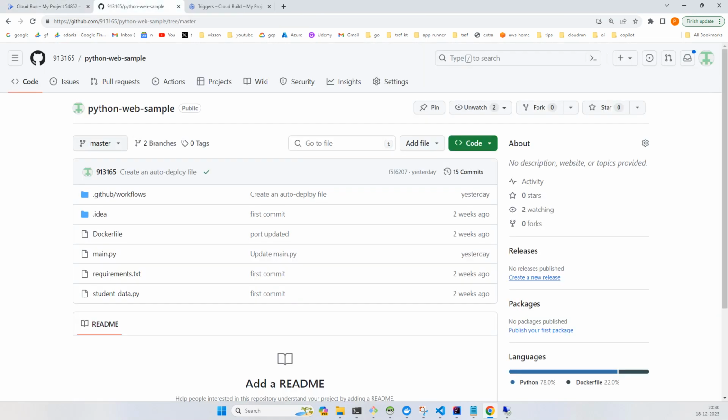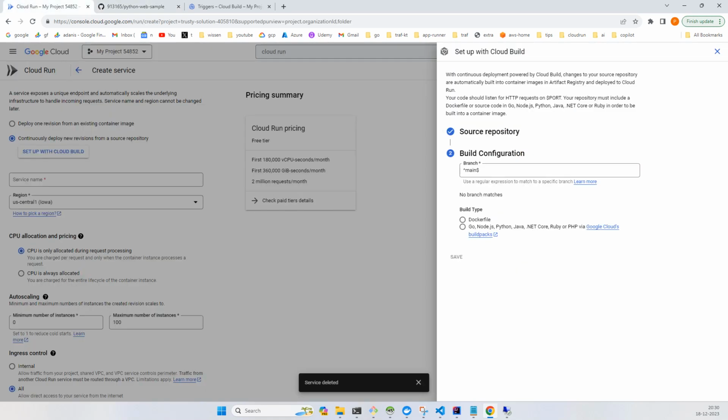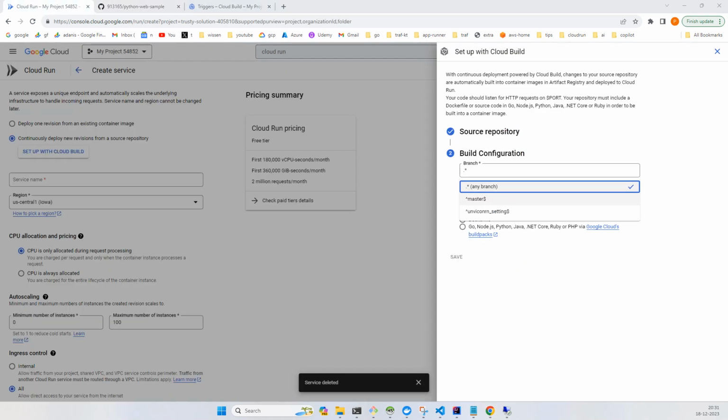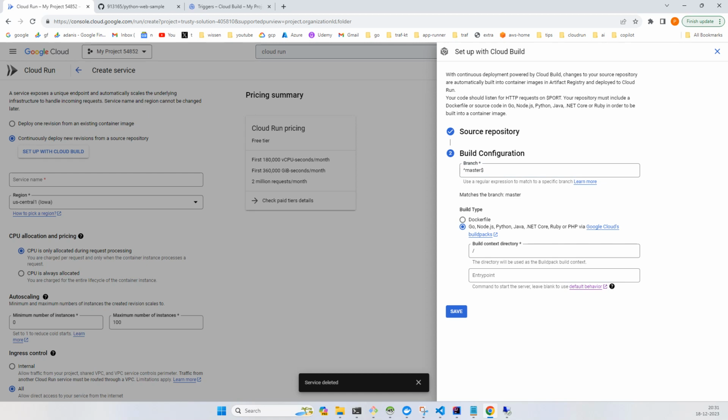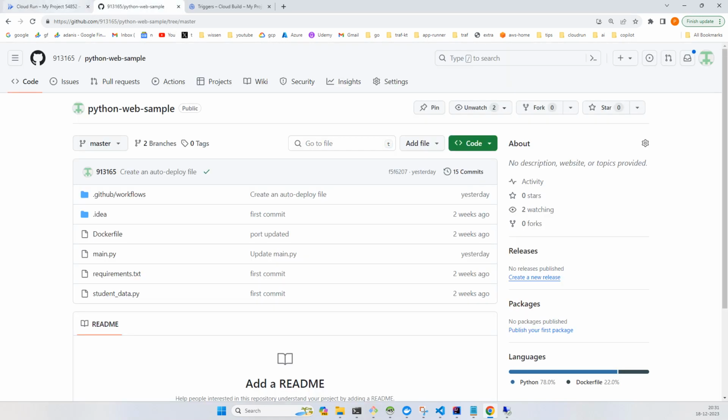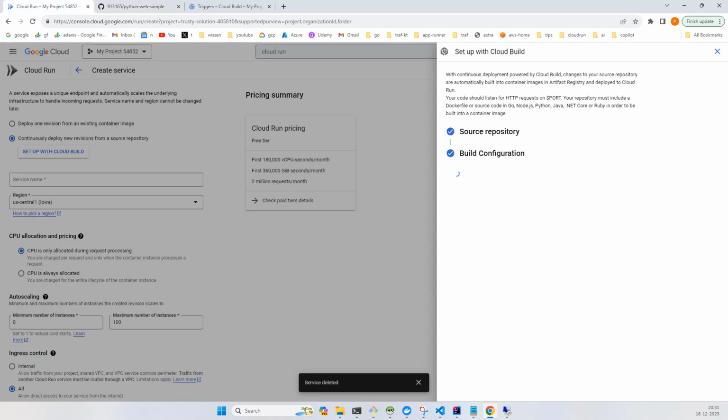And what is the branch? This is a master branch, not a main branch. So here we have to choose the master branch. Okay, and then just choose a Docker file, and the Docker file path is already there by default. If it is a different path, then you can provide the path over here, but it is in the source directory, so we are going with the default one. All right, just click on save,